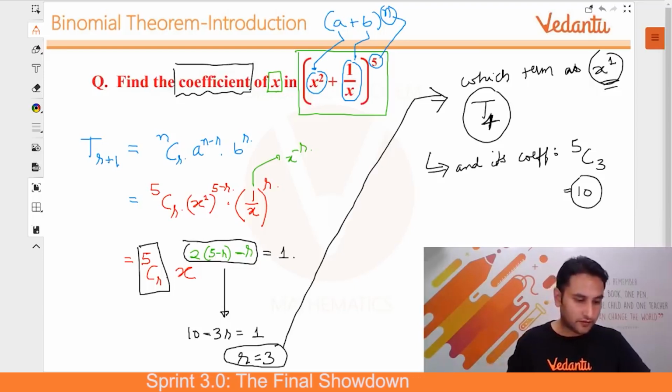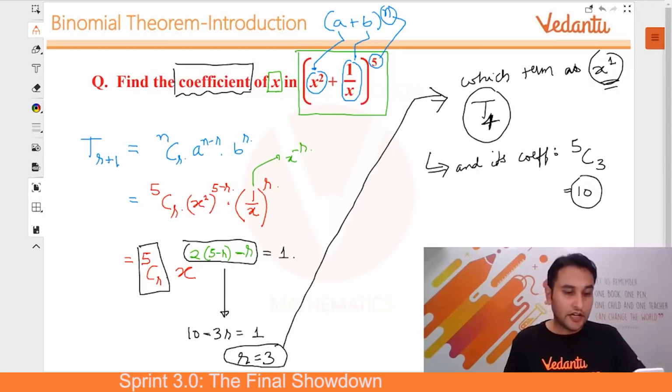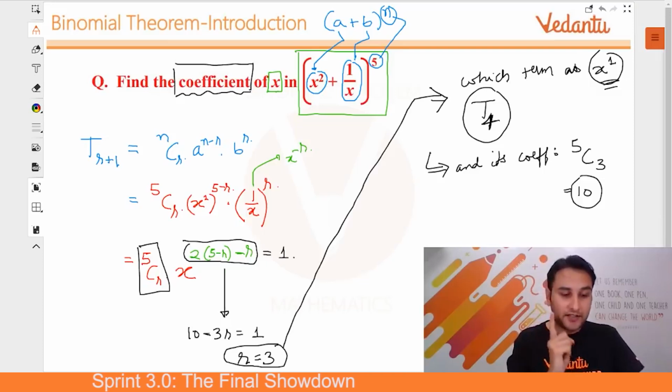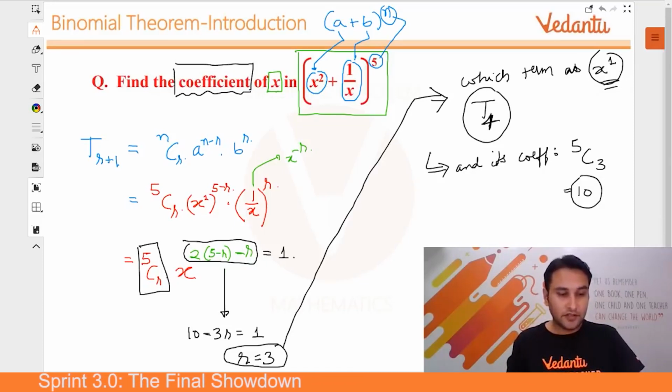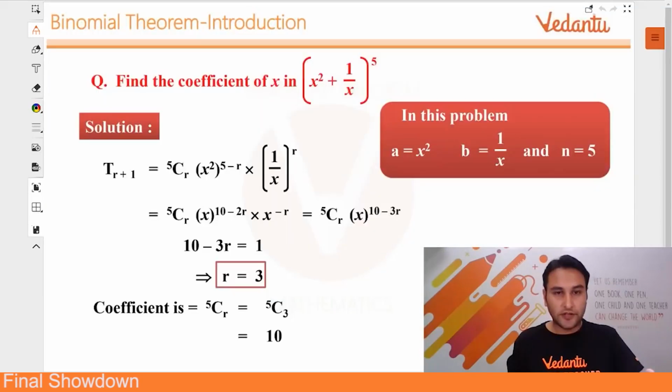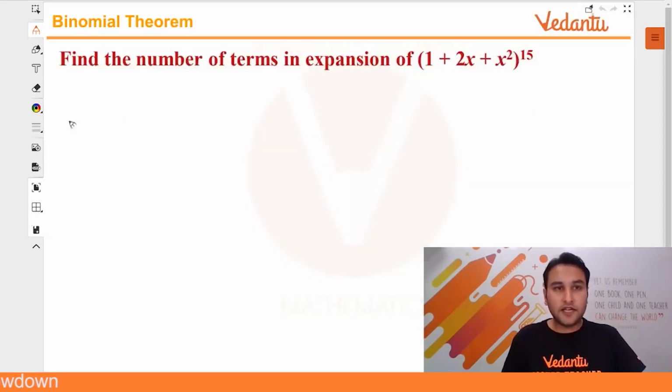Rajni, don't worry, join in. Irav, you are getting the value of r as 3. It means the term is fourth. Got it? Irav, got it? So this is the common mistake. Is this clear to all of you? ठीक है, चलो. Now let's move ahead. So answer is 10, guys. Answer is 10, which all of you told. Now let's take these kind of problems.